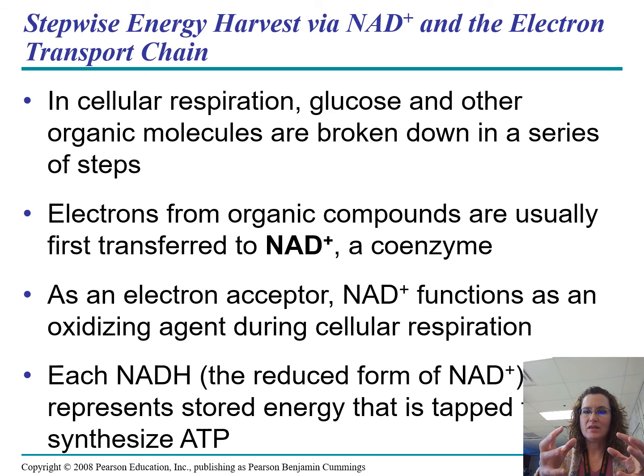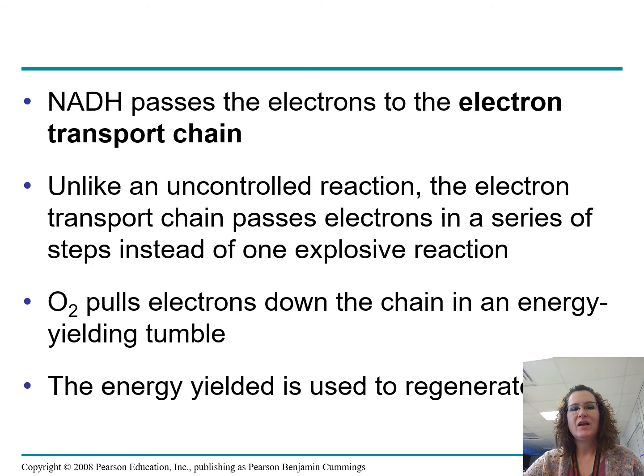NADH is the carrier of the H. So NAD+ is like the little yellow cart guy, and you're the hydrogen that gets carried around because you're super important. Then the NADH scooches through different levels of membranes and takes that H+, that little extra particle, down to the electron transport chain. Whenever we talk about cellular respiration and photosynthesis, we're talking about building up a gradient. We chunk off different pieces of glucose, attach them to a little carrier, and then travel down and put them across the membrane.